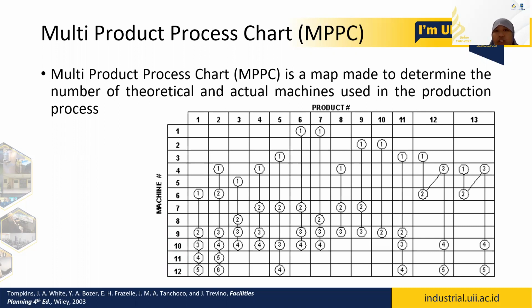Okay, then we can move to what if each machine is not being used to make different products. However, what if we have multi-product? Basically, if you have multi-product, we just make the MPPC, which is a kind of map where you already have some sort of OPC, the symbol OPC,